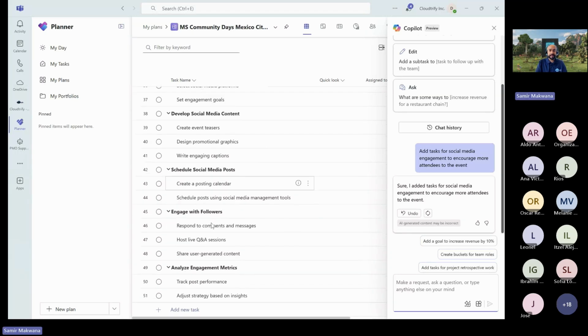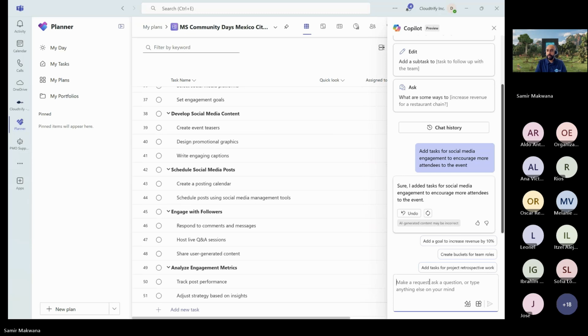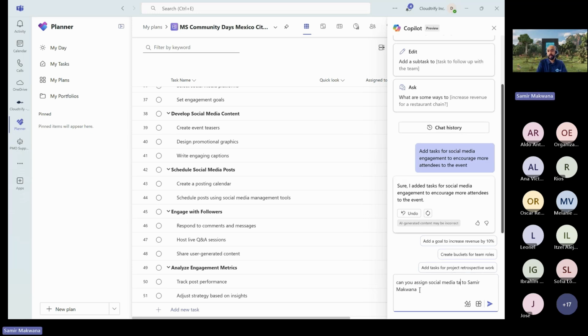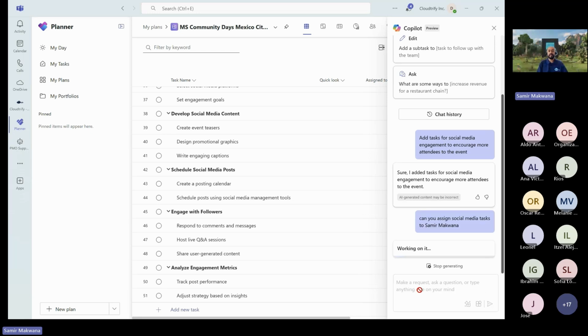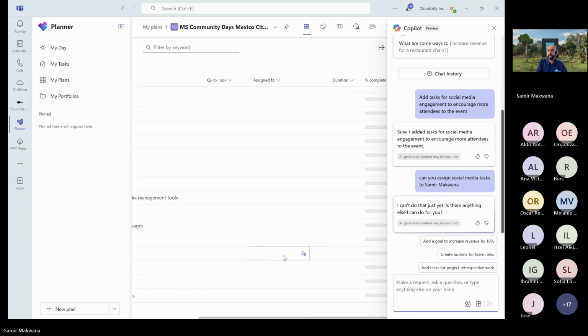Yep, these are the tasks that have been added. Now, if I need to put some more tasks, can you assign it to Samir Makwana? Assign the social media task to Samir Makwana. Let's see if it assigns to Samir Makwana.